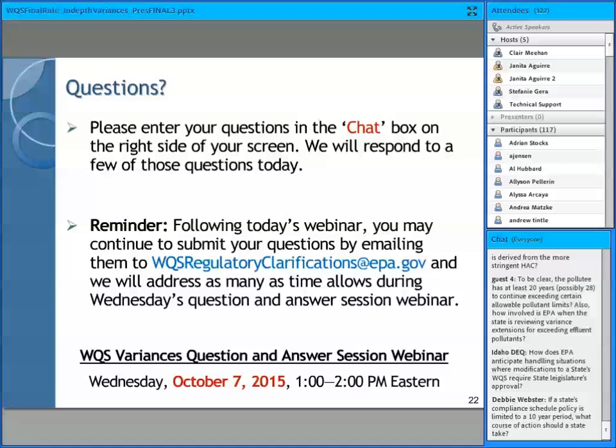So when we use the term subsequent water quality standards variance, that really is a new variance. And a state or authorized tribe would adopt a subsequent variance when the duration of the variance, or the term of the variance, has expired or has run up. When we talk about the more stringent highest attainable condition as part of these reevaluations, and that water quality-based effluent limits would reflect those higher, more stringent